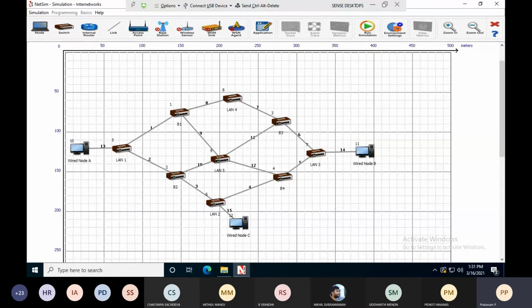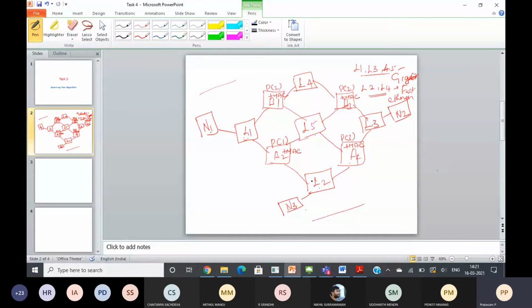So next step, I have to assign the priorities, because as per the given diagram, the priority for B2 is 1, priority for B1 is 2, priority for B3 is 2, then priority for B4 is 3.